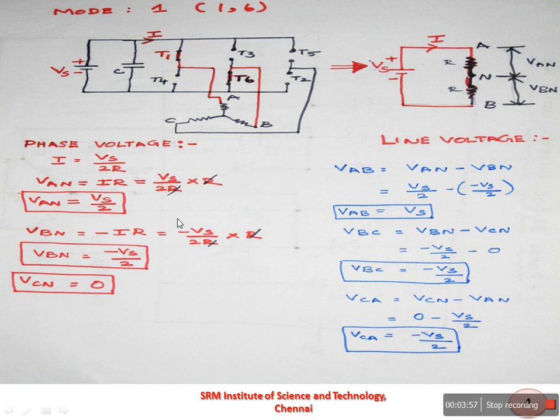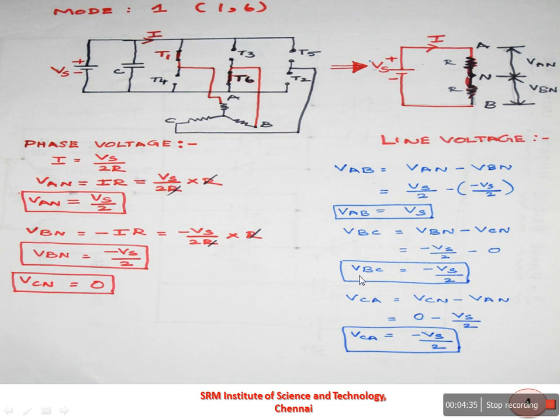Using these phase voltages, we can find the line voltages for mode 1 operation: VAB, VBC and VCA. VAB is calculated as VAN minus VBN. Substituting VAN as Vs by 2 and VBN as minus Vs by 2, we get VAB is equal to Vs. Similarly, VBC is equal to VBN minus VCN. Substituting VBN as minus Vs by 2 and VCN as 0,